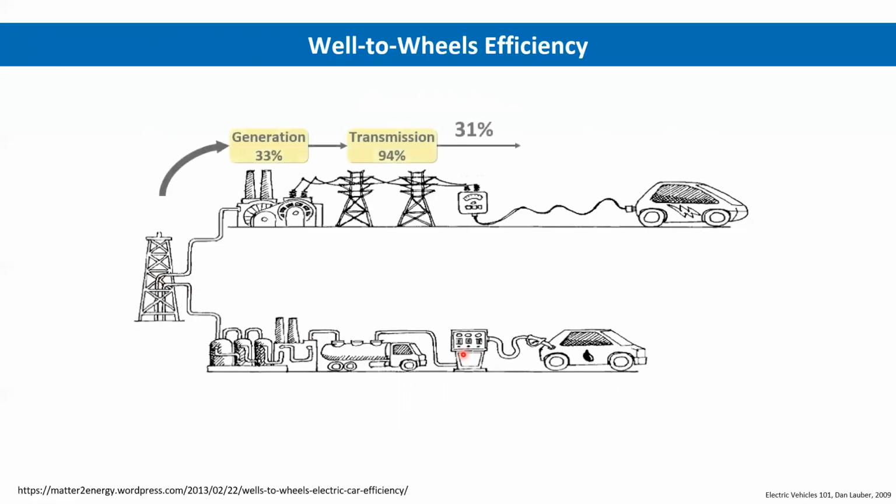And let's look at the electric vehicles, from well to, let's say, the charging location. The efficiency will be around 31%, because the generation efficiency will be around 33% and transmission efficiency will be 94%. Of course, these numbers are rough. And plug-to-wheels efficiency is around, let's say, 76%. And finally, we will get around 23%